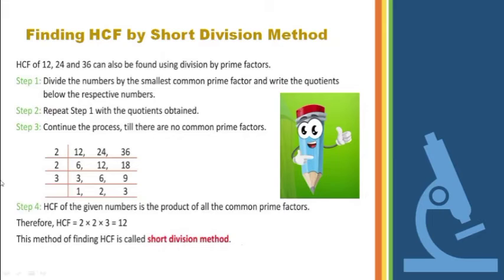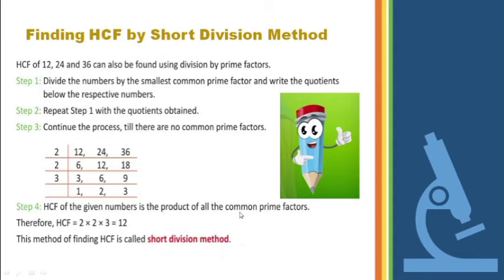Now again we are seeing that the numbers which we have obtained after division are 1, 2 and 3. If I again recall the 3 table, I am not getting all the numbers related to the common factor 3. So here we are not able to divide 3 using 3 and dividing as 1. Not possible. We can't divide 2 using 3. Only one number is divisible. So leave it. Now there is no possibility of dividing it. So stop.